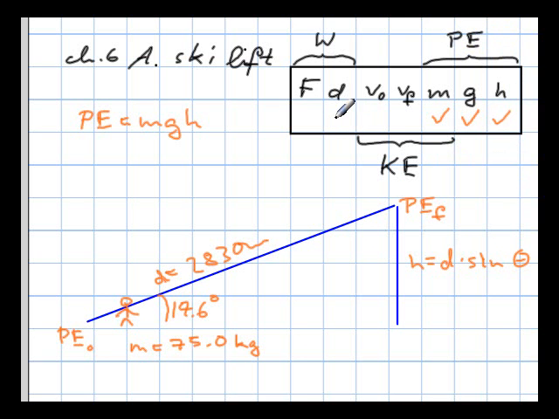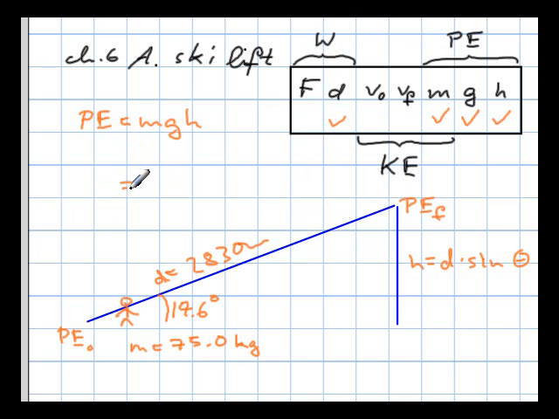Notice I also have the distance d given. I think I'm going to make a check mark there. However, I don't have the force given here. I could call it the gravitational force, but that almost makes it too complicated. So if I had the force here, I would come up with an amount of work which would equal the potential energy. In any case, when I plug in the numbers,